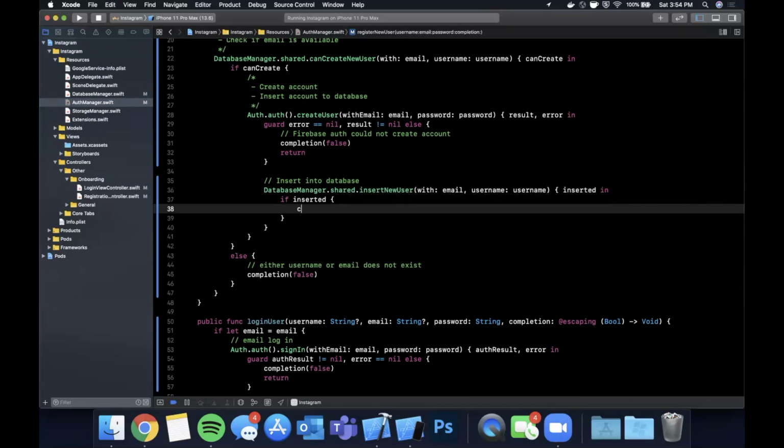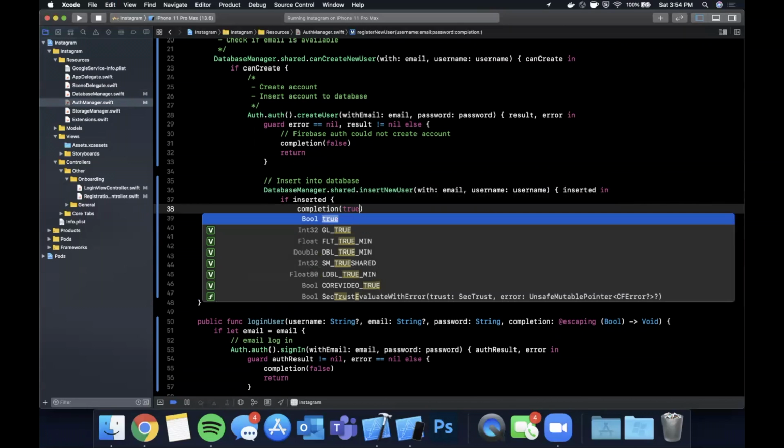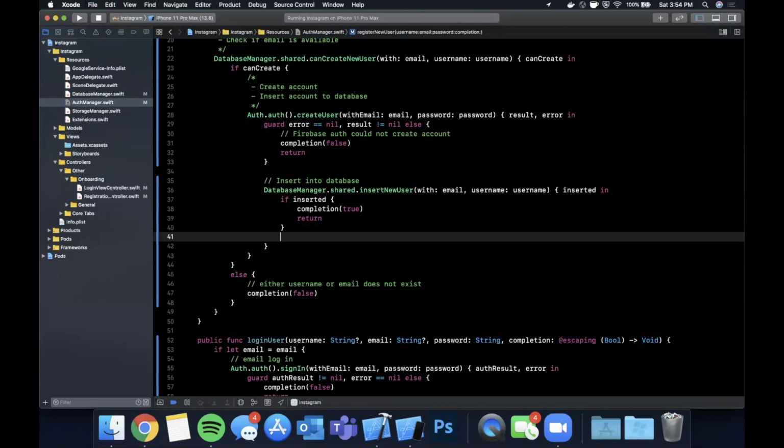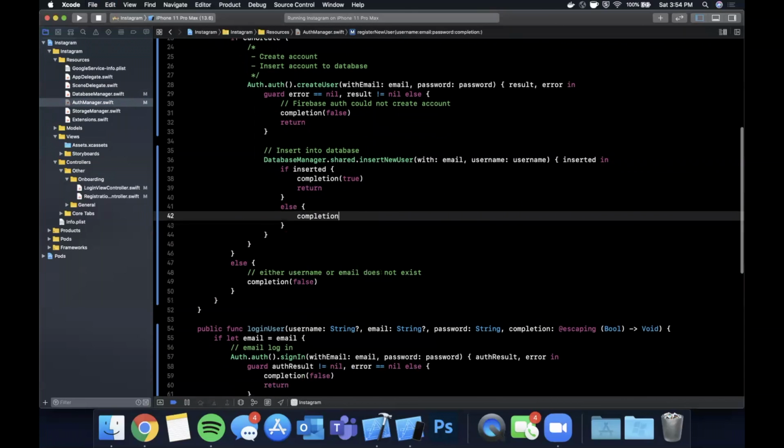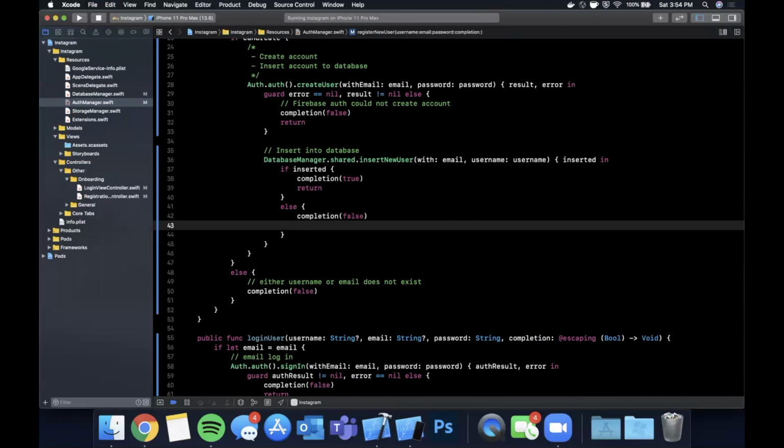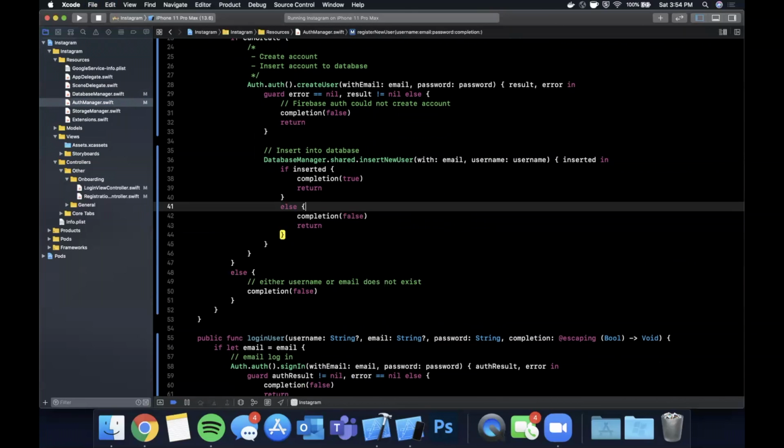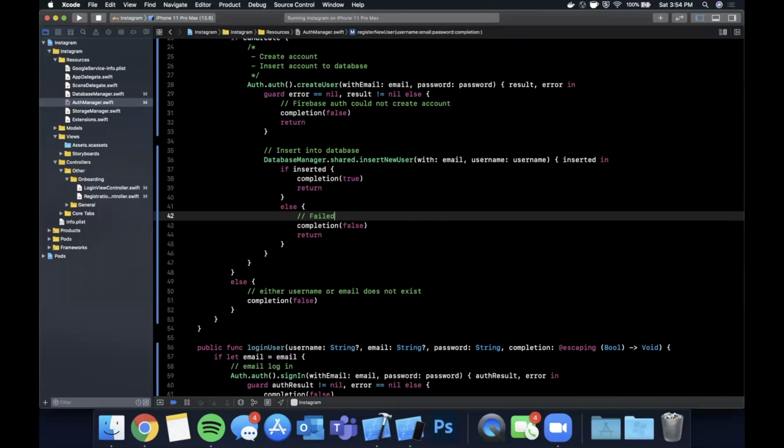So if it's inserted, we're going to say completion true, return, else completion false, again return, failed to insert to